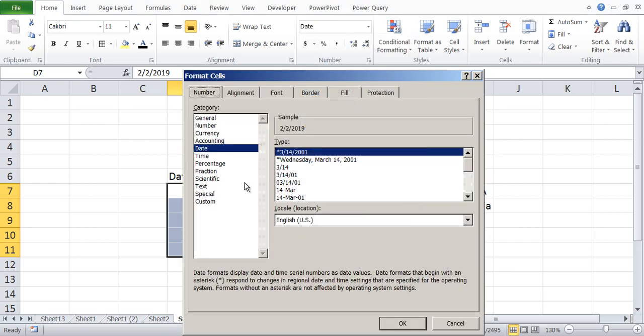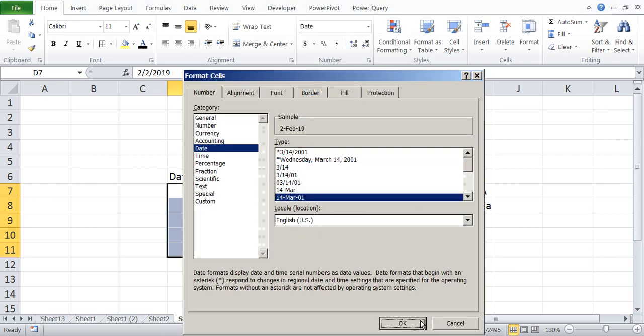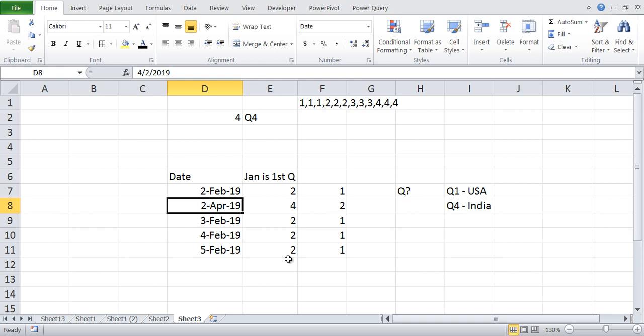So this is the 7th month, third quarter. Here I am selecting December, so it is the fourth quarter. So you got the idea, right? If January is the first quarter, this is how you will select. But here we have the month, so we will replace this E7 with the month over here and directly use the formula. This is not required.